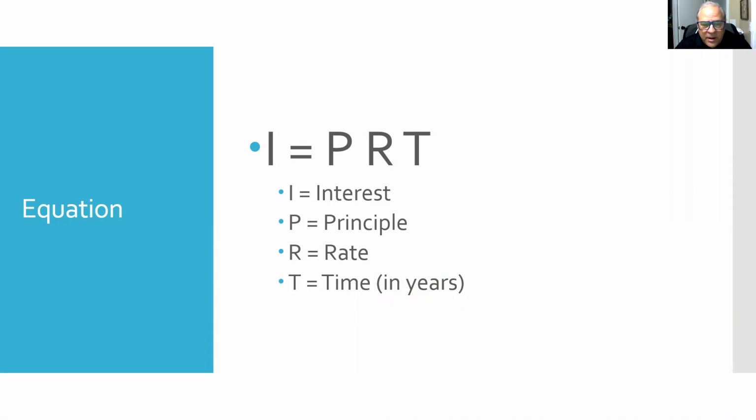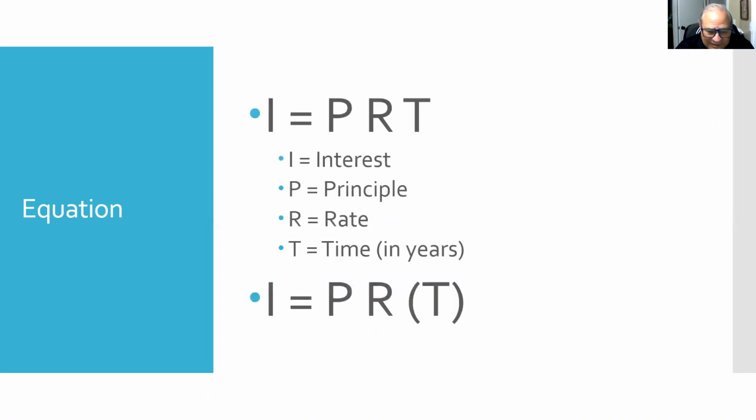I equals P times R times T, where I equals the interest, P is the principal, R is the rate at which the interest is gained, and T is time in years. Now, keeping this in mind, we need to understand that the equation should truly be written like this: I equals P times R times, in parentheses, T. And the reason that I'm saying that this is a way to remember it and a way to do it